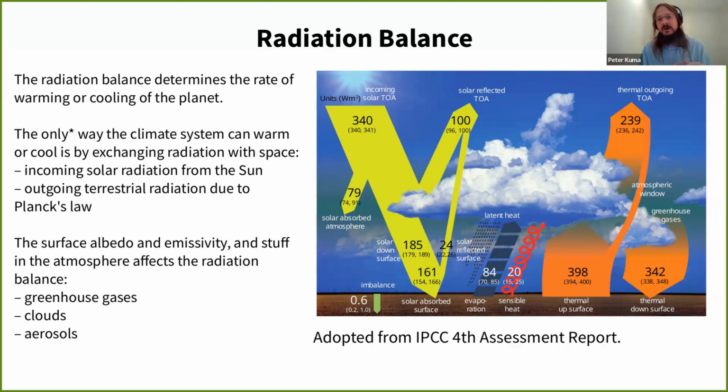And so as the Earth warms due to, for example, global warming, it increases the temperature and increases the amount of terrestrial radiation outgoing into space. And so that's the balancing factor. If we, for example, block the amount of long wave radiation due to increasing greenhouse gases, the Earth's surface warms, but also the amount of Planck radiation increases, and so that restores some of the balance, but usually not entirely.